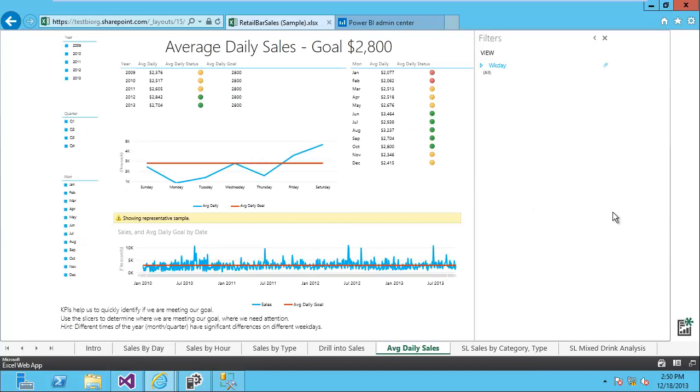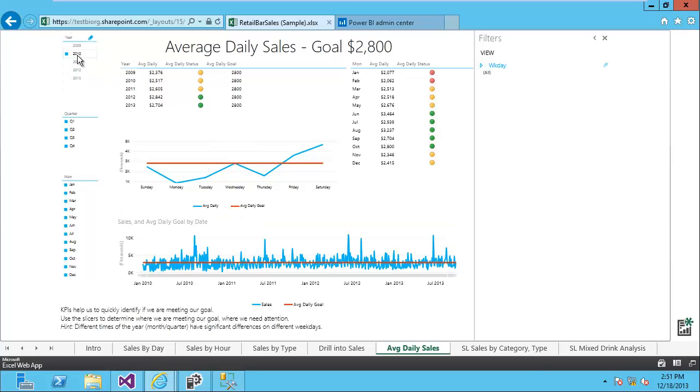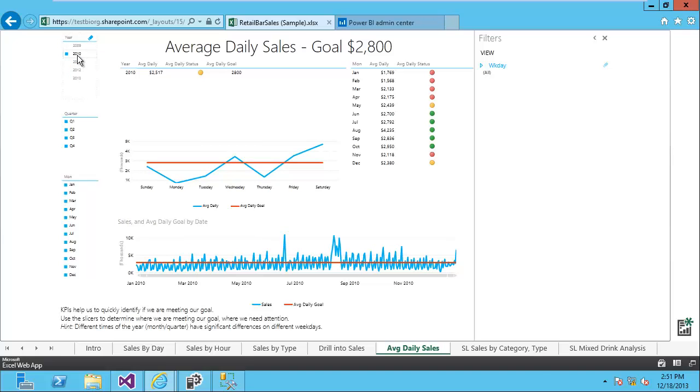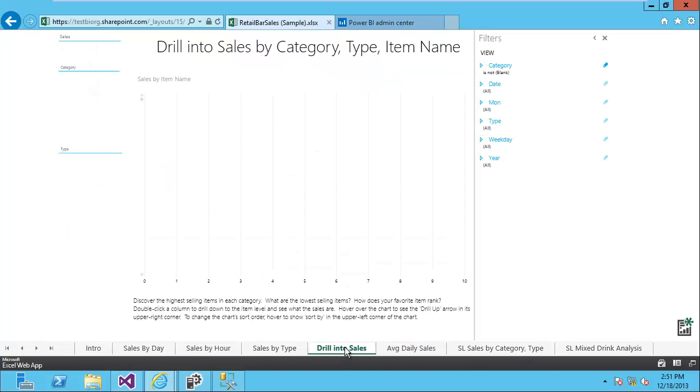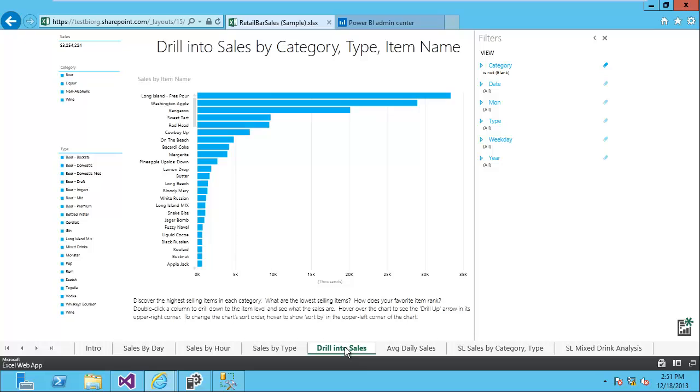And so again, here's the data, but now instead of me opening it up in Excel, I'm now utilizing Excel Services. And that's pretty much the power of the BI component within SharePoint Online or Office 365. So again, this is a sample document. As you can see, it has all the cool